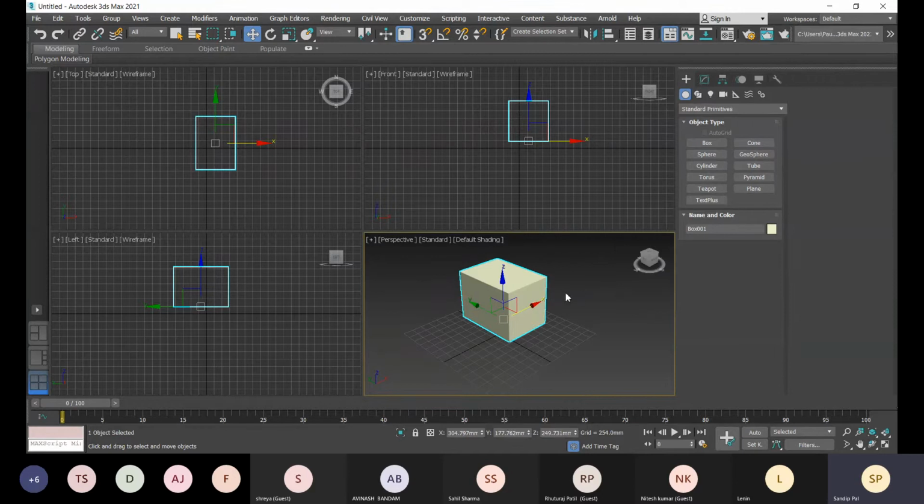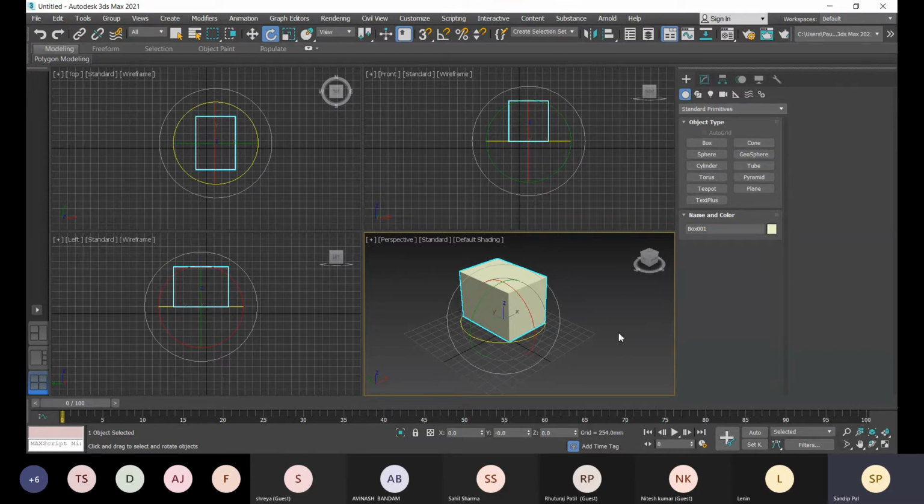If I select rotate, see, I am going to press E. So this is right now the rotate gizmo, and the X-axis handle is showing in red color, the green axis handle is Y, and blue is Z, right?